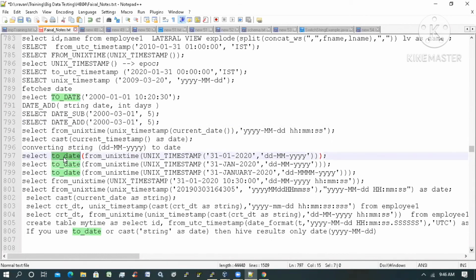Okay. Now we'll see how we can convert from one format to another. We'll cut some data and see what it will be. Shravan, if I have a field in a table which is in date format, I want to convert that to another format, because in the source the data format is different and the target is different. Yes, that one will also be shown. Yeah, okay, that one will also be shown.